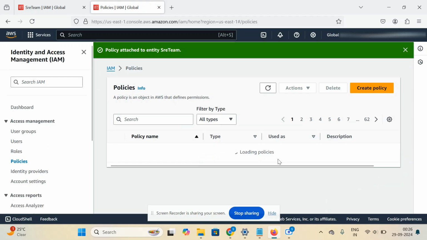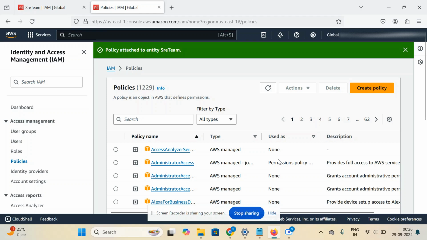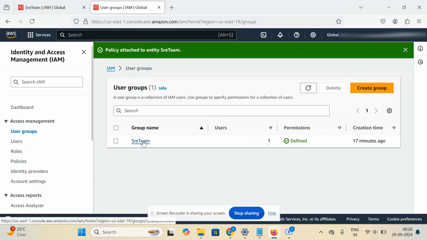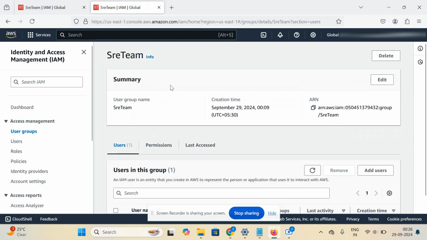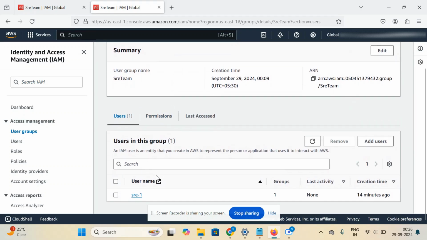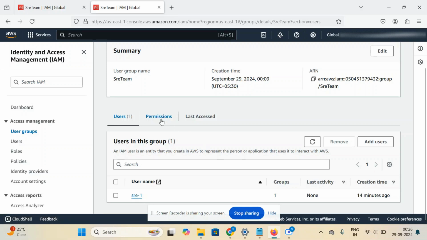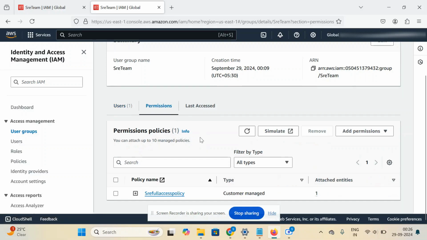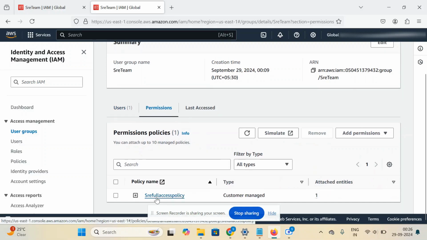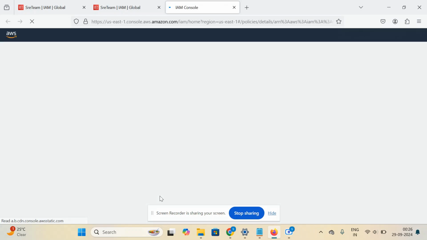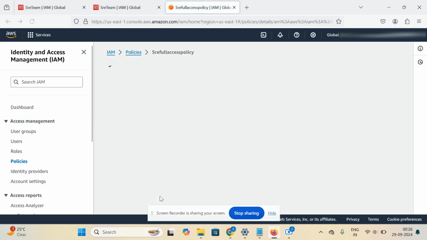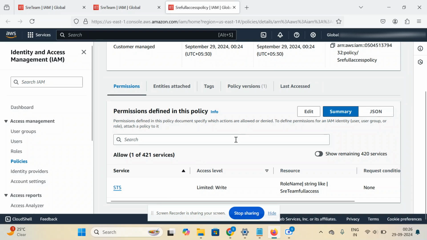Okay, attach full access. So if you go to user groups, this is one of the SRE team groups, and it has one user, and it has permissions from this SRE full access policy. Okay, now